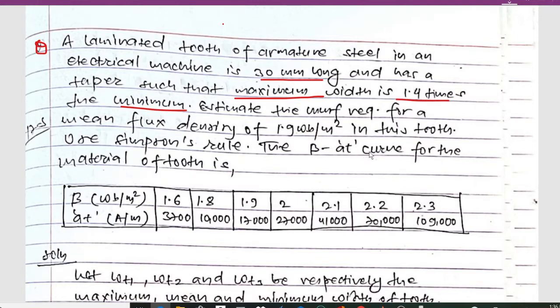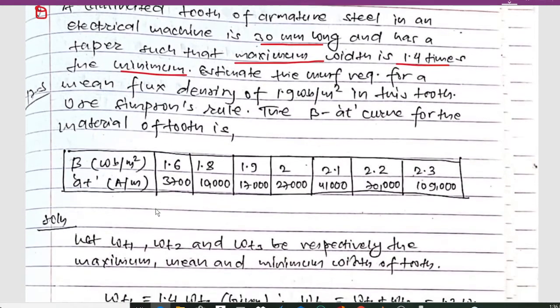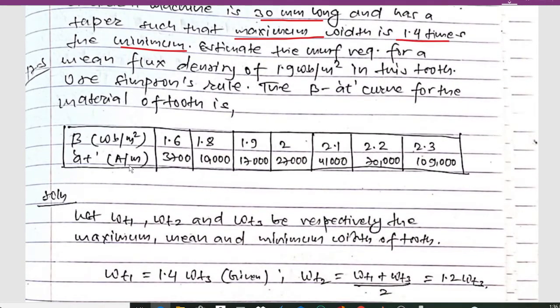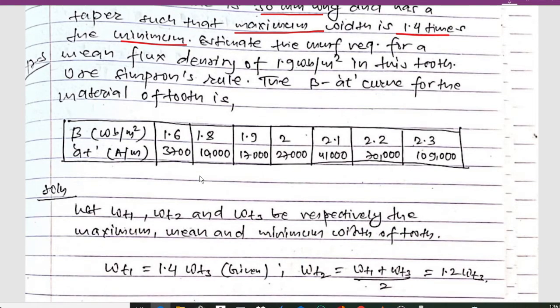The B-H curve, the B-AT curve for the material of the tooth, is given here. For B of 1.6, the AT per meter is 3700. Similarly, for 1.8 it is 10,000, and the other values are given here. And here, starting with the solution,